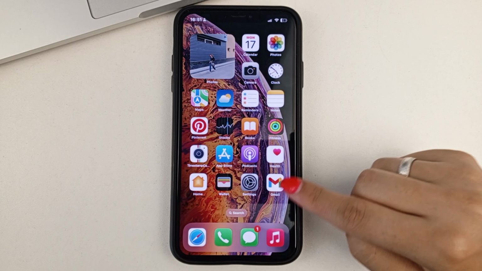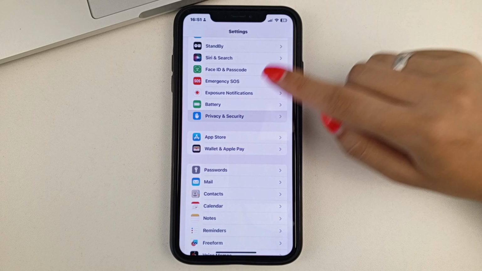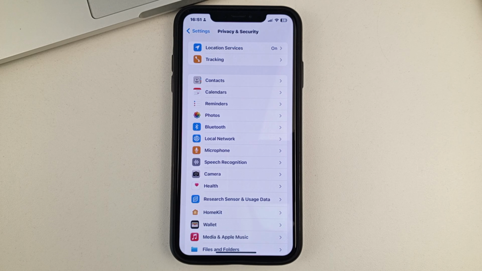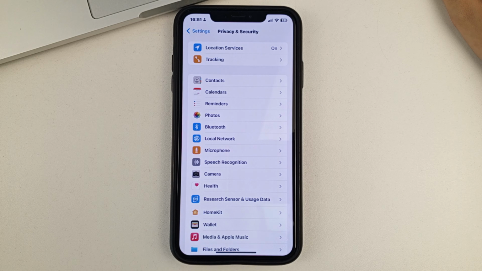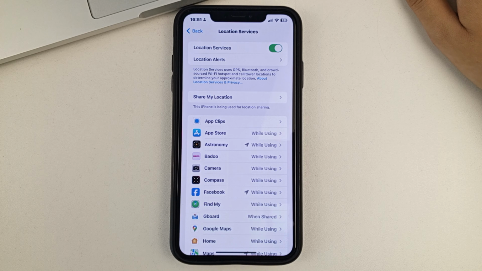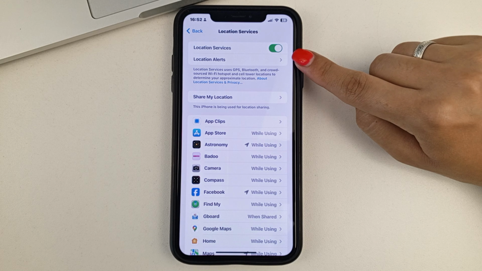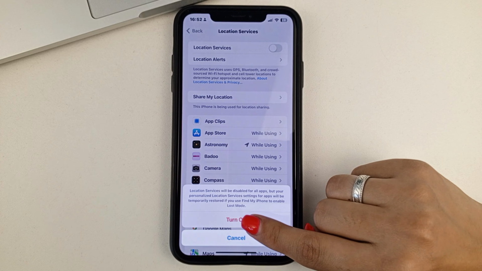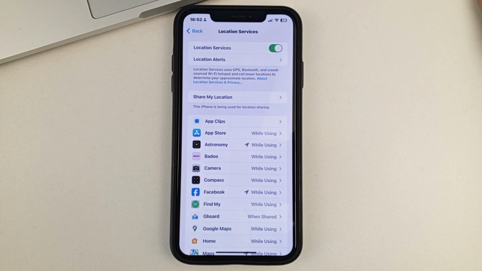To do this, you need to go to your phone settings. After that, scroll down and find the Privacy and Confidentiality section. Then here you will select the very first item, which is location. The first thing you need to do here is to make sure that you have location activated. That is, if it's off, then you'll just need to activate it.